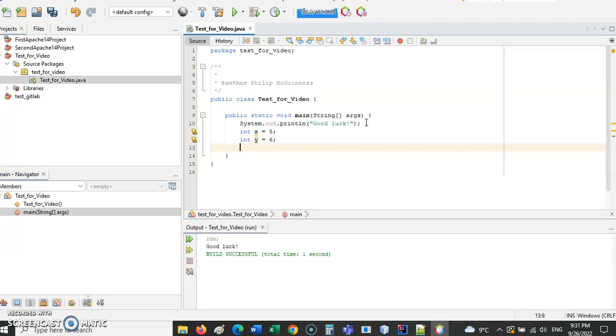Okay, so if I type sout x plus y, and then I go plus equals, okay, something like that. So I'm going to add,